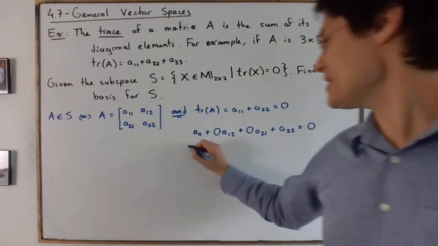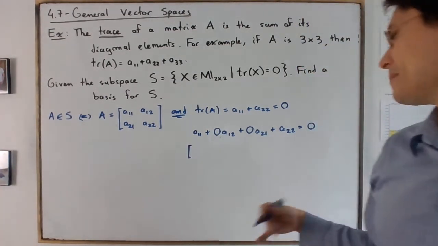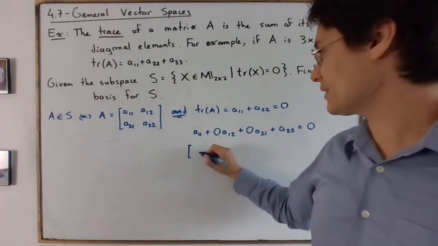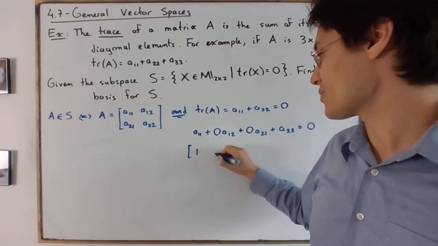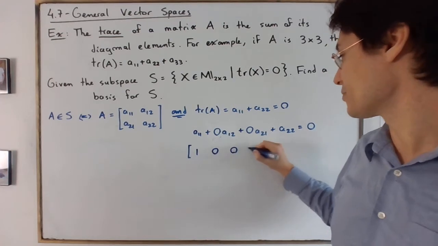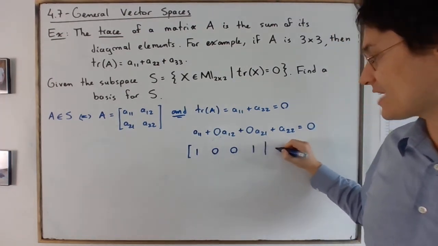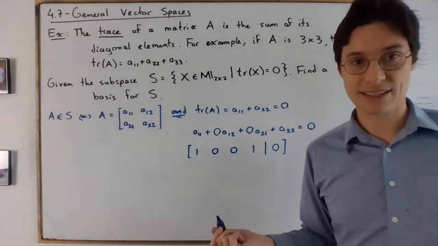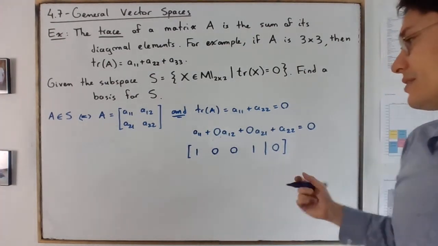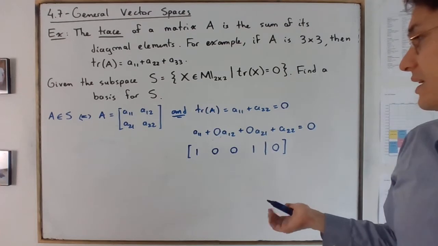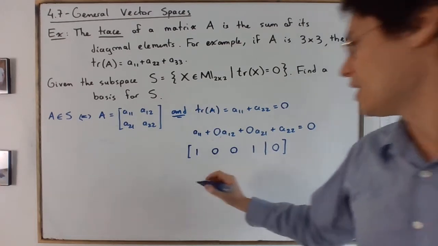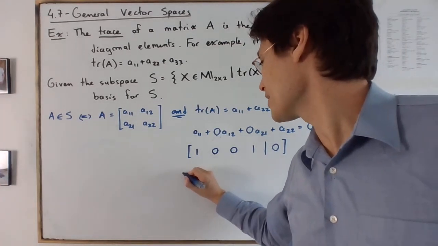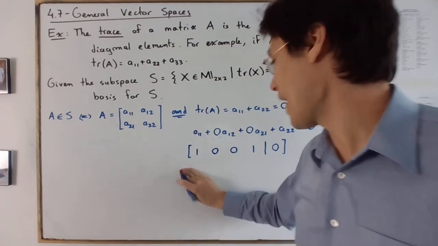I want to actually write all of the variables. And maybe I'm being a little bit weird over here, but I'm going to write out the matrix: 1 0 0 1, augmented with 0. The idea is I just want to write the solution set. And keep in mind that the solution set will be a coordinate vector, but you can write the solution set as